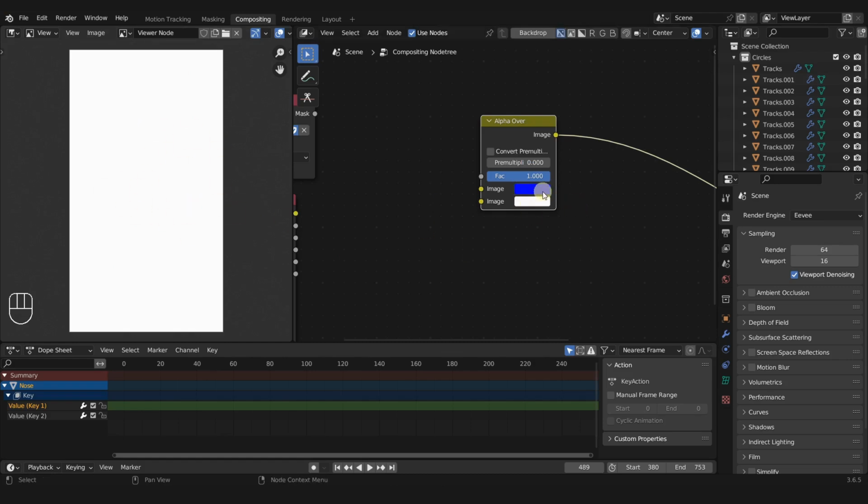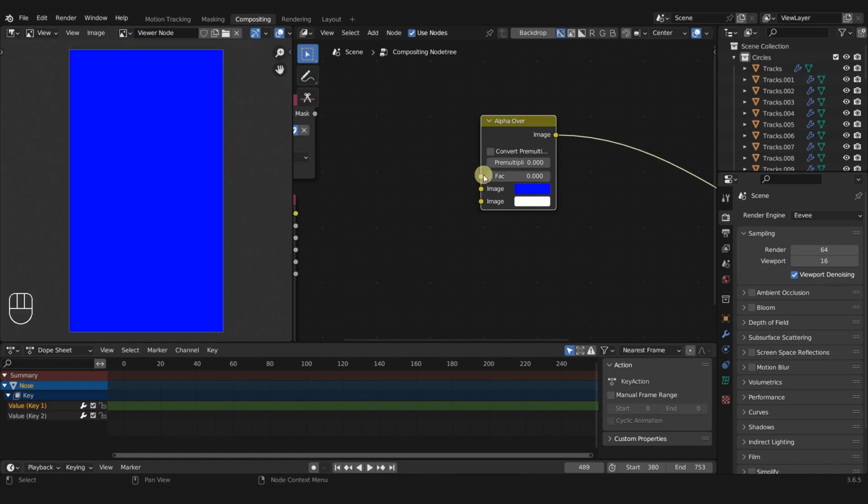So we've put the blue down first, and then we've put the white image over that. And then we have this factor slider here, and the factor always corresponds to the bottom image socket. So at a factor of 1, that's 100% white. And so if I put this at 0.5, this is 50% white showing through to the blue. And then if I bring this down, you can see if I go to 0, that's 0% white, and so